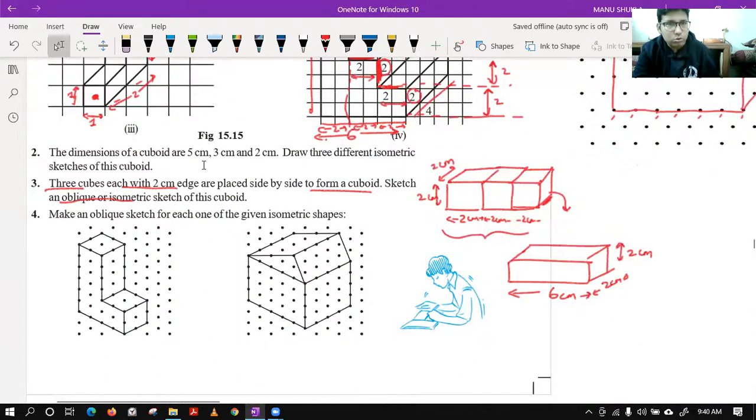In question number 2. Okay. Kritika, it depends on you. You can take whatever side you want as length, whatever side as breadth, whatever side as height. Actually, we try to make the length the longer one. It is a convention. It depends on you, but nothing will change. It depends on how you see the figure. That's it.